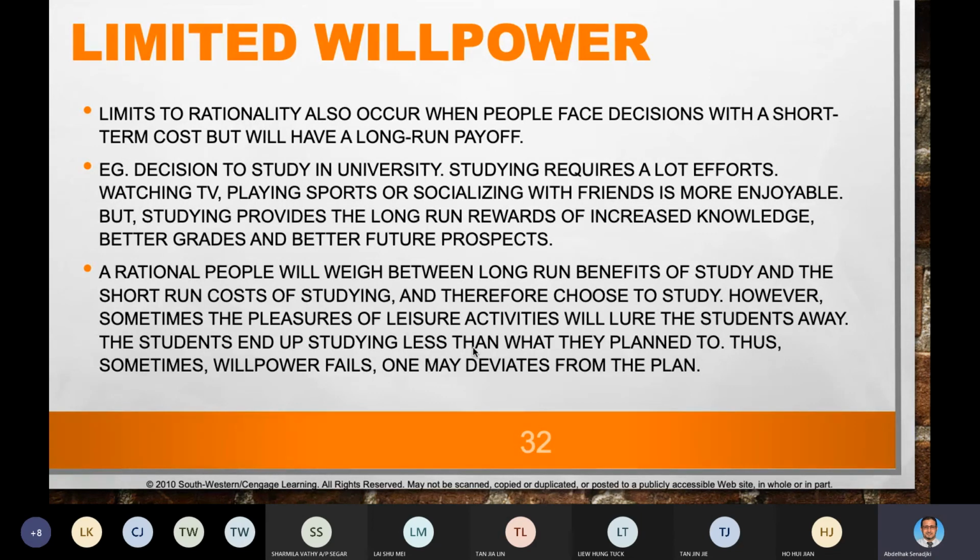Watching TV, playing sports, socializing with your friends is more enjoyable. But studying also provides a long-run reward. And of course, it will increase your knowledge and increase your wealth. After you get your degree, at least your salary will be 3,000 to 5,000 to 6,000 to 9,000, depending. So the rational